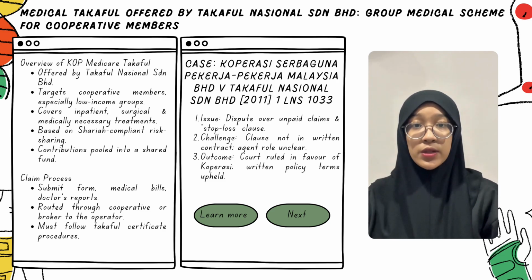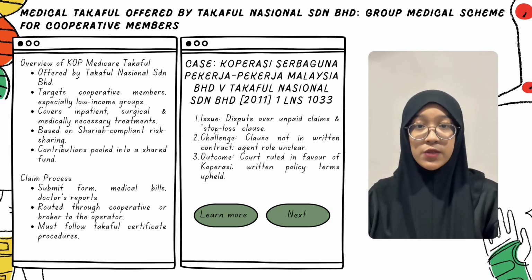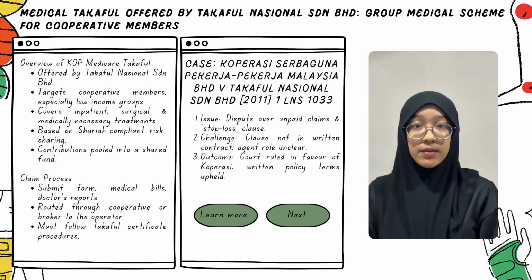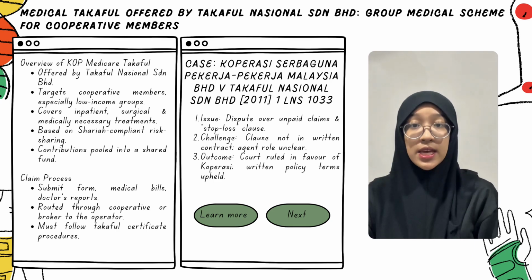The cooperative also claimed that they were not properly informed of the changes from their pursuit scheme, and many claims were unfairly rejected without clear reasons. The court ruled in favor of the cooperative. It found no proof of the alleged limits in the policy and confirmed that BFI was acting on behalf of Takaful National. The court also held that Takaful National breached its duty of utmost good faith by refusing valid claims. The cooperative's claim was allowed and the cost awarded.